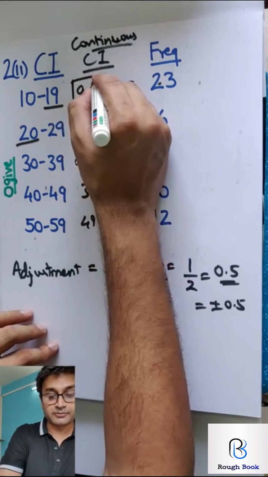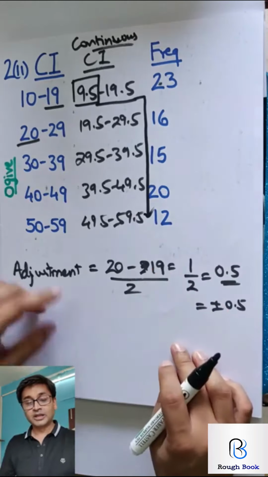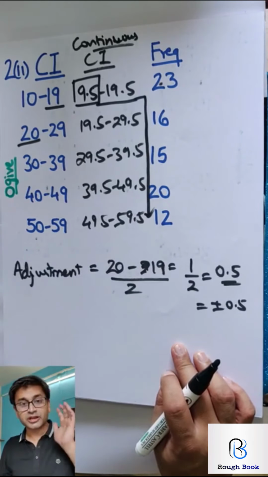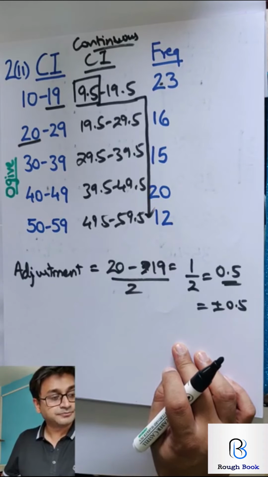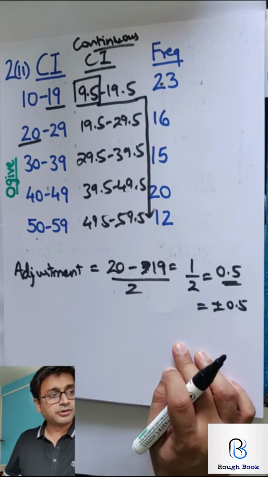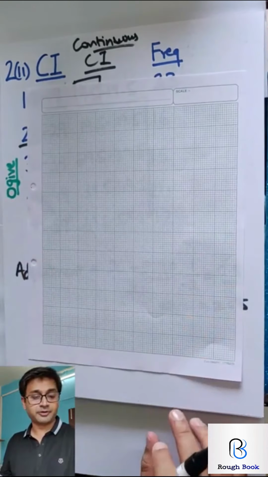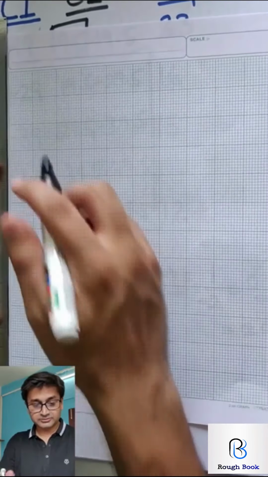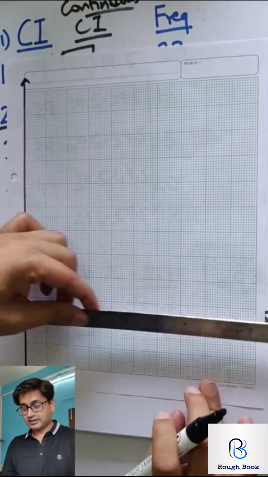So you start from 9.5, you go to 19.5 and then come down. In the exam also, if you draw it like this, no problem. Please draw it so you never go wrong and you always remember it. Okay. So let's try drawing this one. All of you will pause your video, come on, and start with this sum on your own. So here we go with the graph paper. So the first x-axis, y-axis, obviously we are going to construct. So my y and my x.